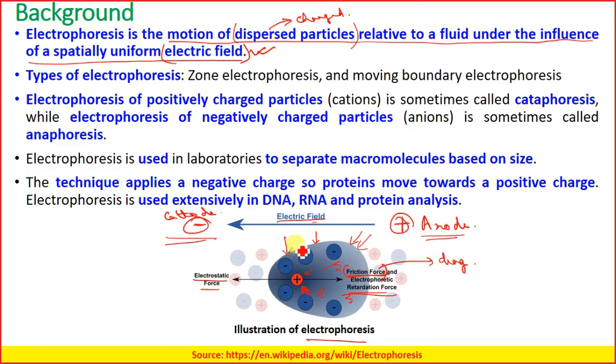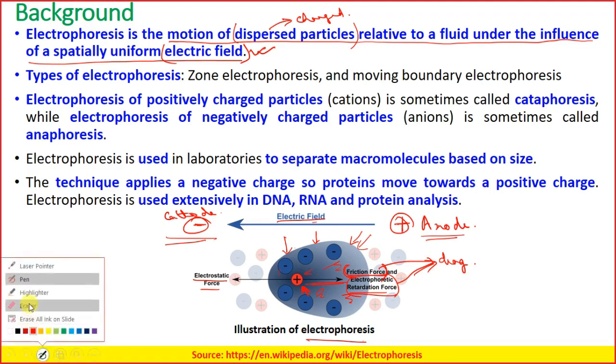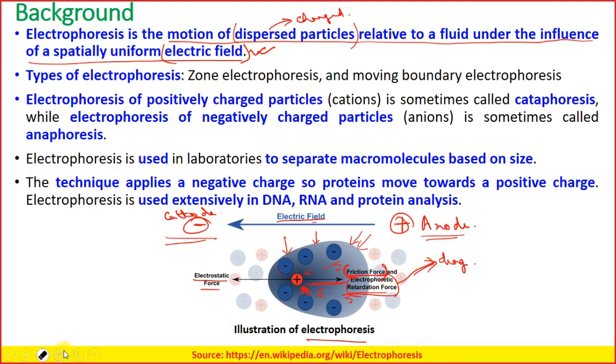So there is a frictional force, a backward force, and this backward force is due to the frictional force and the drag force exerted by the liquid. Okay, your drag force is the lower one, not the frictional force. So the drag force and the frictional force, both of them are creating a counter, and it is restricting the movement of the cations towards the front side,